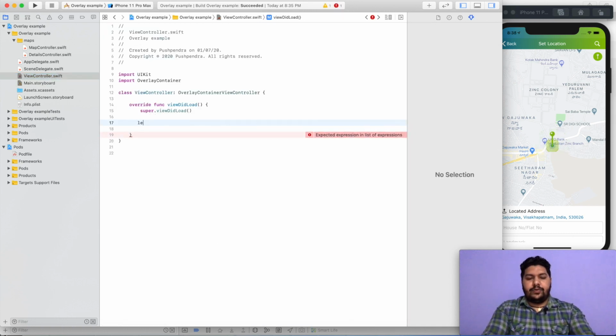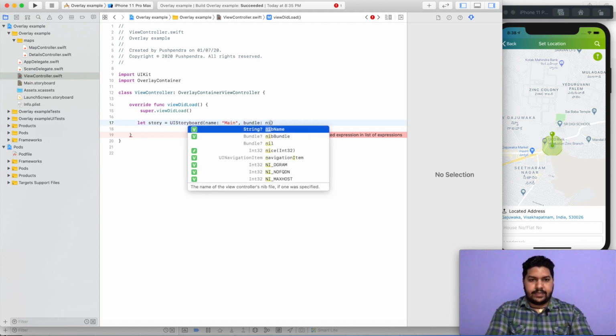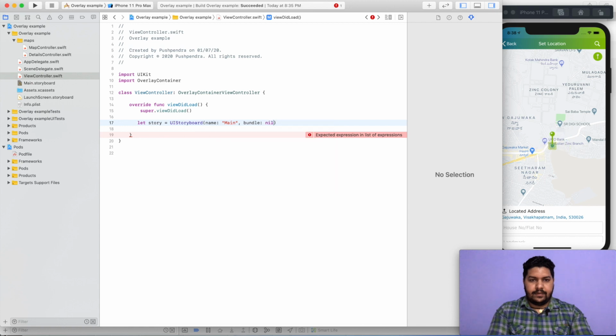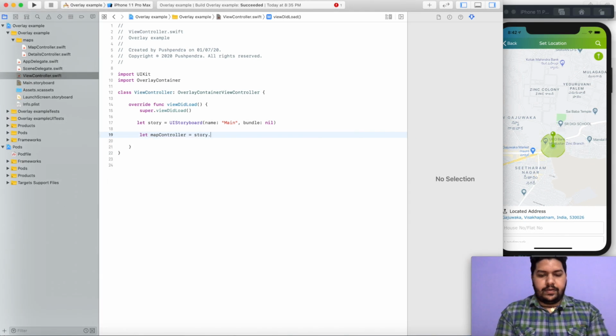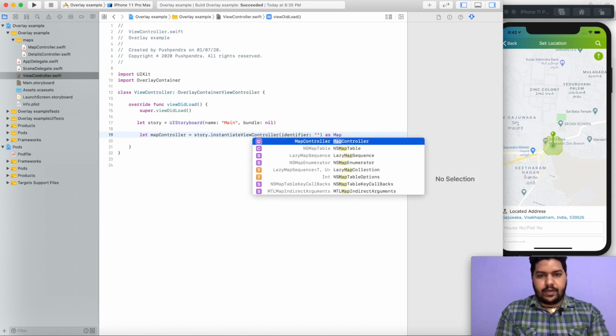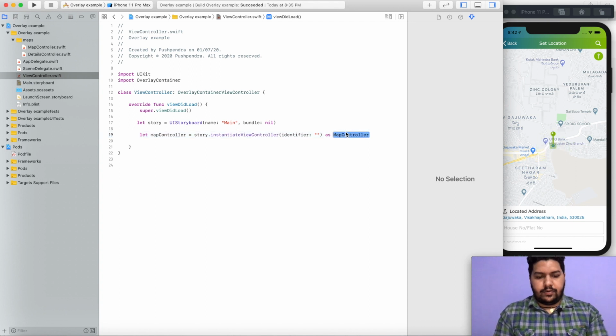Now take the storyboard: let story equal UIStoryboard, and here the name of the storyboard is main and bundle is nil. Fine. Now let map controller equal story dot instantiate with a string, and here I'll pass map controller. I'll copy and paste over here.